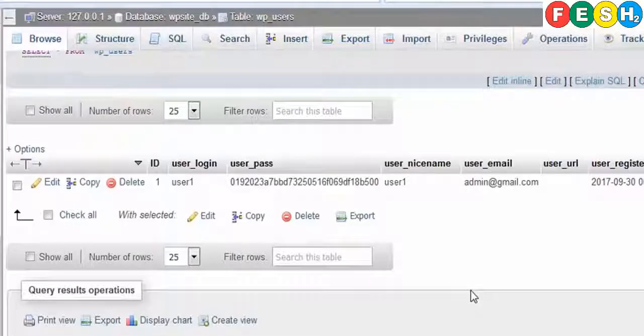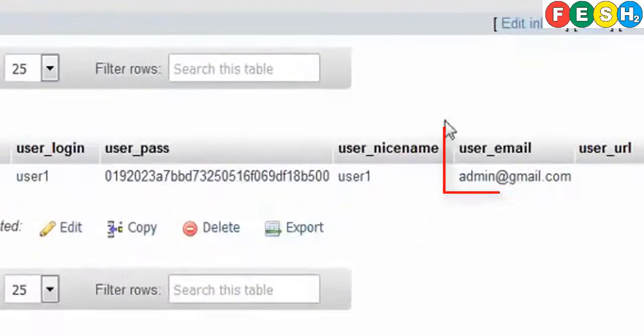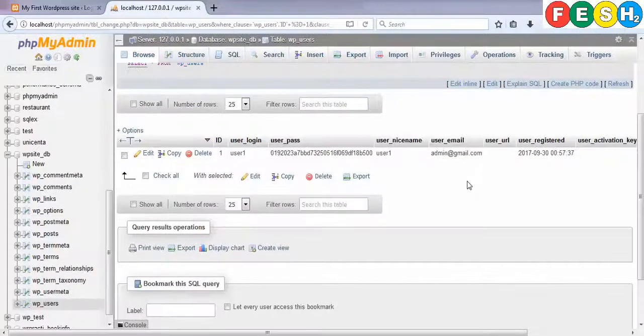It's updated. If you want, you can also change the user's email address so that you can directly reset your password from WordPress functionality. But in case you're not able to reset it through the lost your password functionality of WordPress, you can